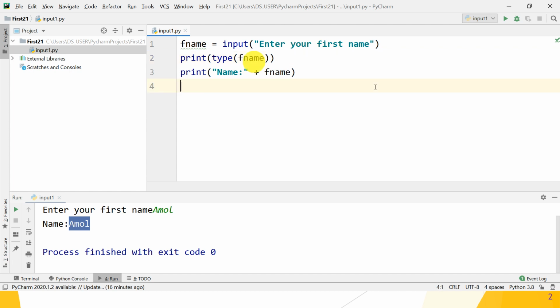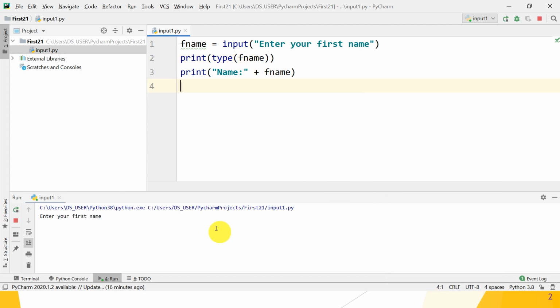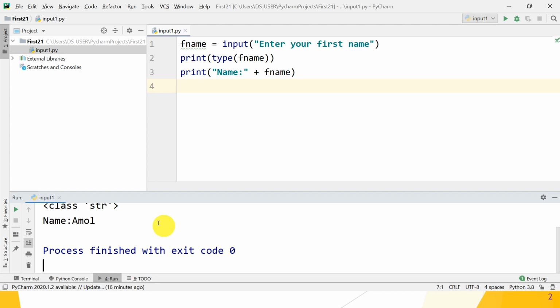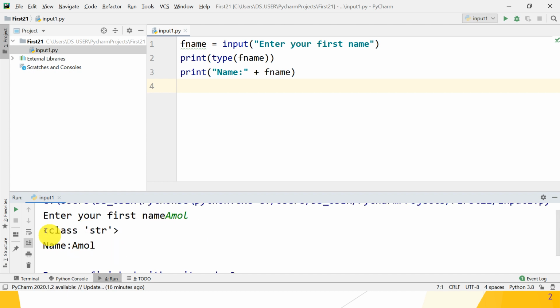Run it again. Enter name, suppose I am giving the value as Amol, that is my first name, then the name, and what is the data type of that fname? The data type of fname is a class, and the class name is str, that is string type. This is how to take input from the user. So let's move on.